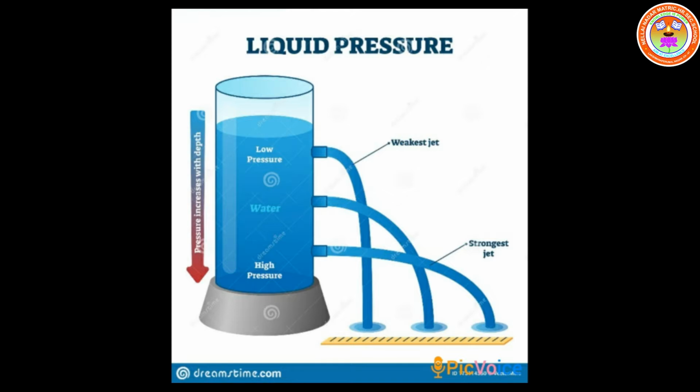From this activity, we can infer pressure varies as depth increases. When the depth increases, pressure also increases. So we can conclude that pressure changes with depth, that is, it depends on the depth. But when you put holes at the same height, there will be no change in the pressure. Flow will be equal in all the three holes with equal height.